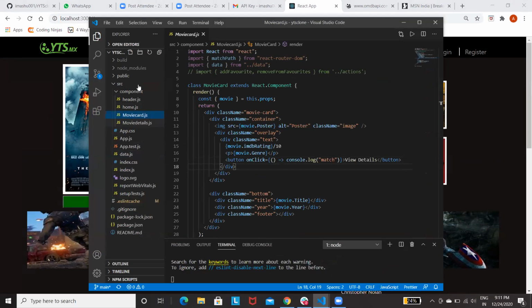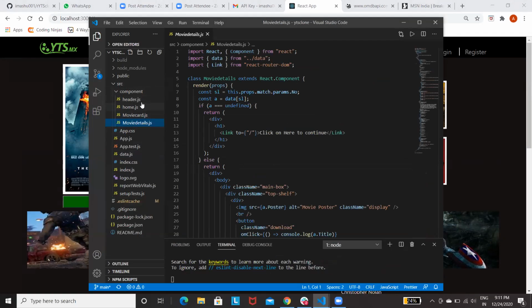Yes, I can show you. Just a minute. I think it will be in movie card. Yes, this is movie card. There was an error when I ran localhost: the first thing it did was directly render a movie details page without any props. So it was rendering an error.